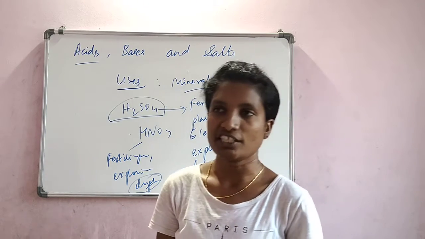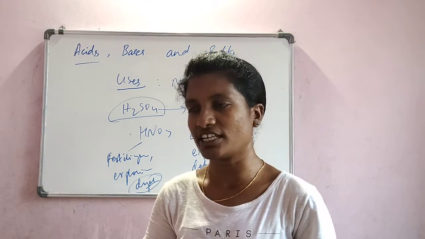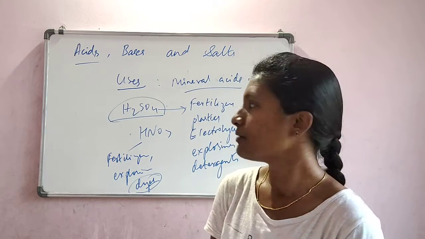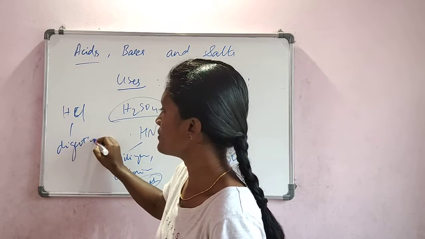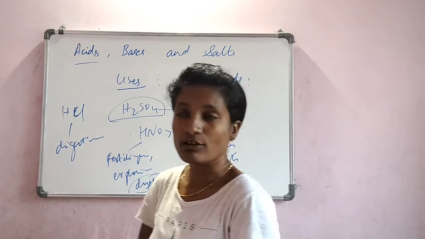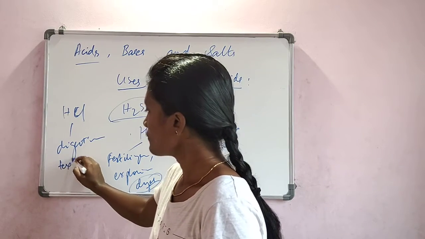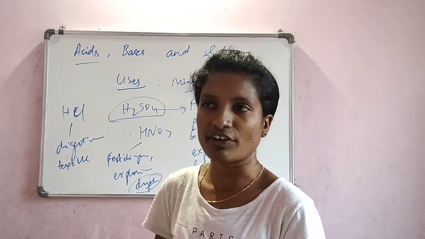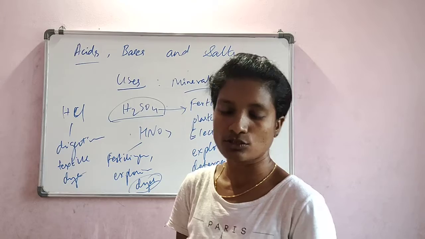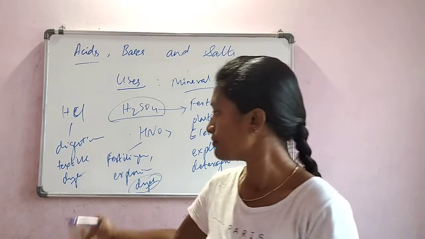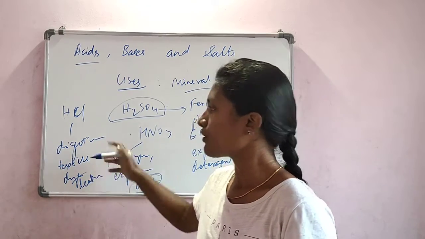It helps in the chemical digestion. Whichever food we consume is broken down, which is part of chemical digestion. HCl is a mandatory acid required. So HCl helps in digestion in our stomach. Along with that, it is also used in the textile industry for putting the dye. Textile industry is cloth manufacturing, where it is used for dyeing purposes, to add colors to fabrics. And then it is also used in the leather industry. Many more like that.